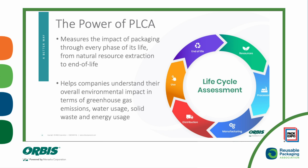So this is what we call the packaging life cycle analysis. Think back to, I think it was my second slide, of the circular economy, where it starts off with the resources that you need to create your product. So we're talking about packaging, so this would be the material for packaging. That could be plastic, steel, or a fabric type if you're doing some sort of dunnage. So the resources that it takes to create that packaging,